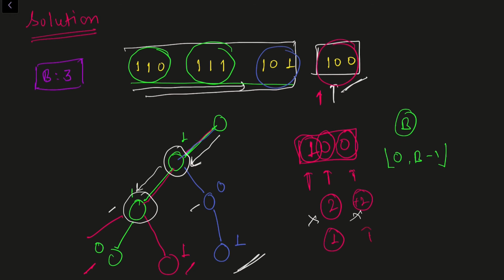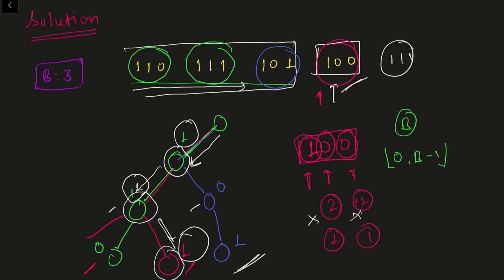So I'll try to search for 1. Now we'll see that we have 1 here, so it will go in this direction. So what is the value that I got? I got 1, 1, 1. So again, I got the same pair 1, 1, 1, right? So in this manner, with the help of the trie data structure, we can do it efficiently. Now that we got the optimal pair for this element, we can do it for each and every element of the array by iterating over elements from left to right. So that's how we can solve this problem.